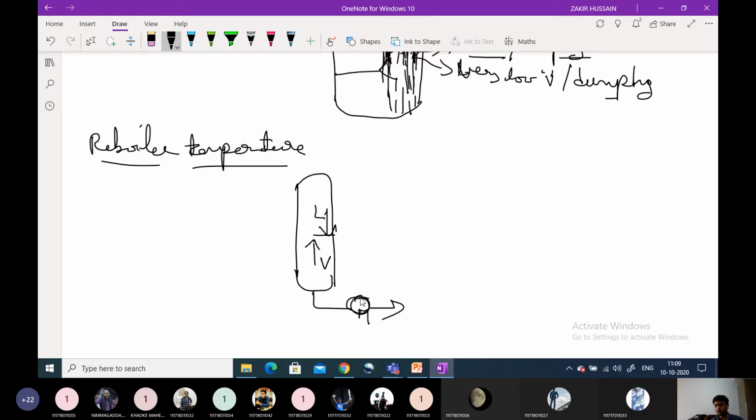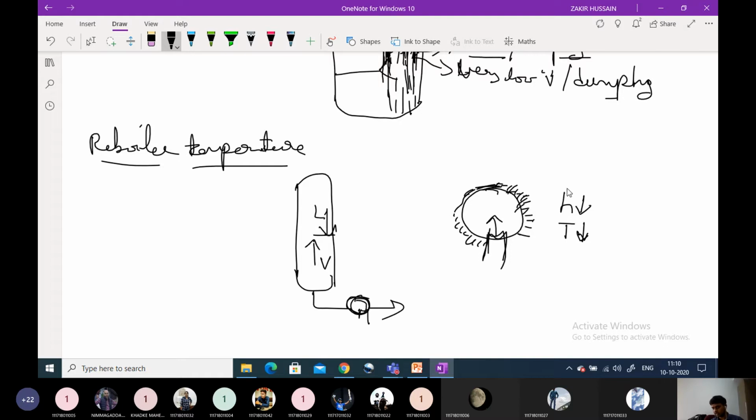If the reboiler is fouling, which you have already learned about in heat transfer, fouling is nothing but the formation of a scale. If you consider this as a reboiler, a salt layer or scale will form here. Contaminants will form a scale-like composition. This reduces the heat transfer coefficient H, and the temperature supplied through the steam coil to the inside fluid will be drastically reduced. So heat transfer will be drastically reduced.